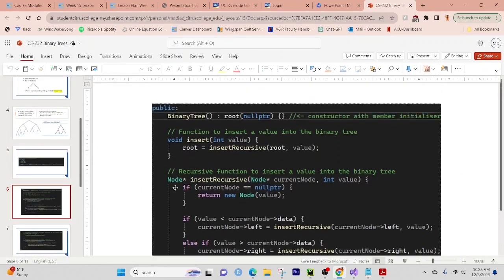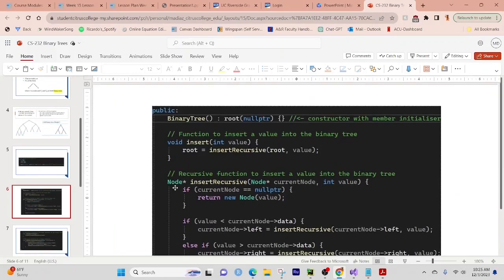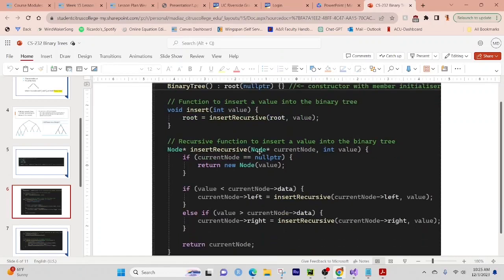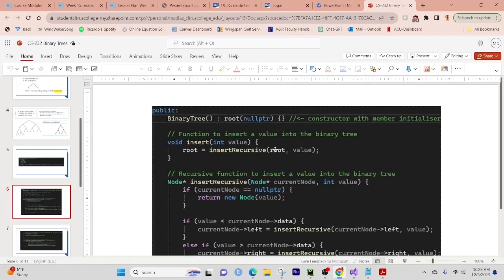And the next part of the code is going to represent the insert function. So when we insert, we set the root equal to a recursive function that's located below. So we insert a root and a value. And when we insert recursively,